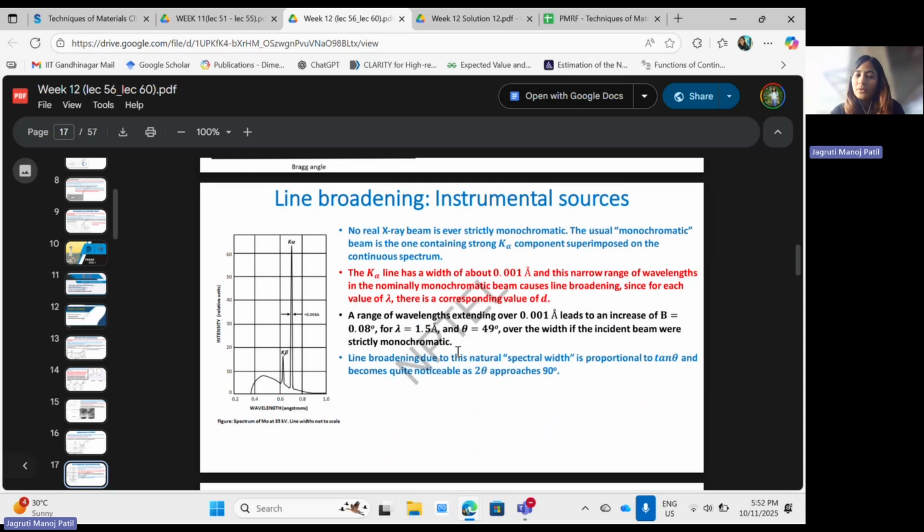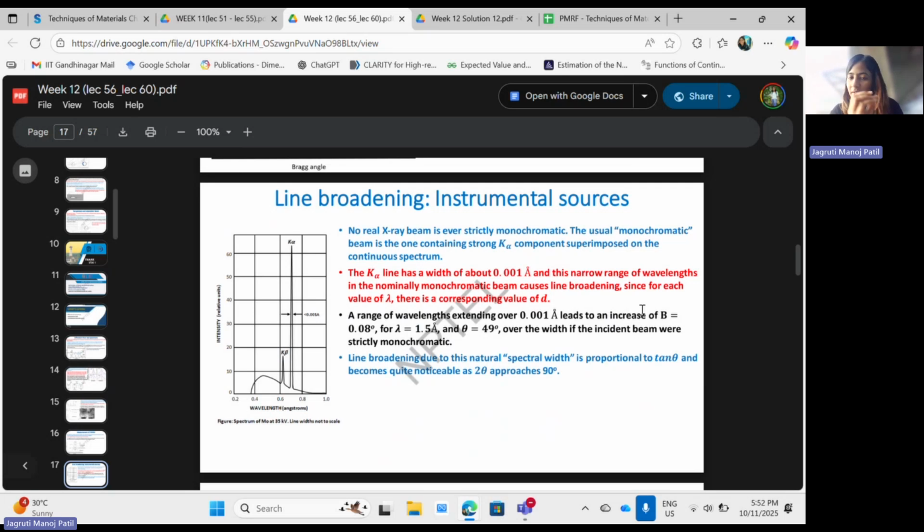Take the elemental composition, where after your nucleus comes the K shell, and from the K shell, the K alpha energy that you're trying to look at is the only range which has a width of what's written over here, 0.001 angstrom. In this particular range of wavelengths, you can never detect one elemental composition. These wavelengths can truly be called monochromatic, but you never have these effects, and when you're looking at these effects, you always get some line broadening.